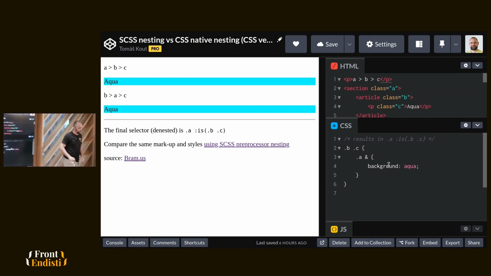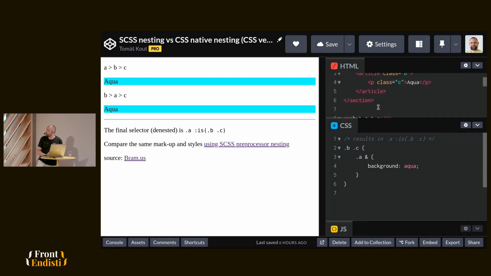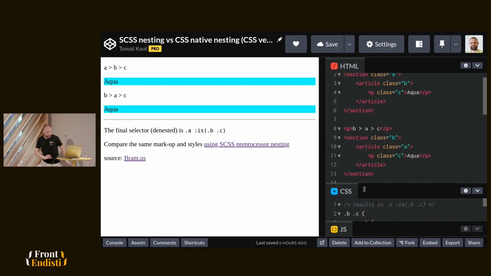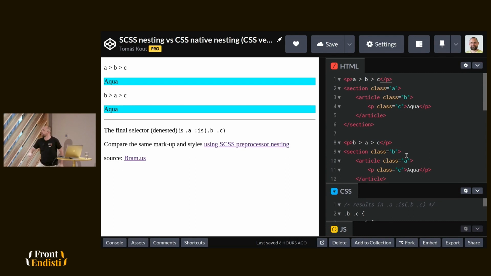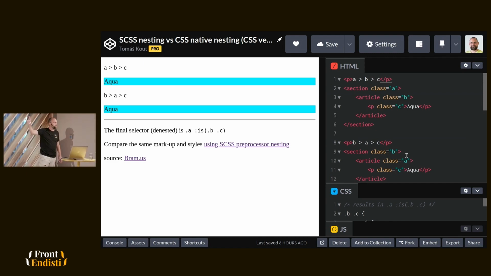This nesting on this markup matches both examples. The only difference in markup is that one wrapper, the main wrapper, is A in the first instance and B in the second instance. Is it clear? Maybe I'm too fast, but I think the code talks for itself.